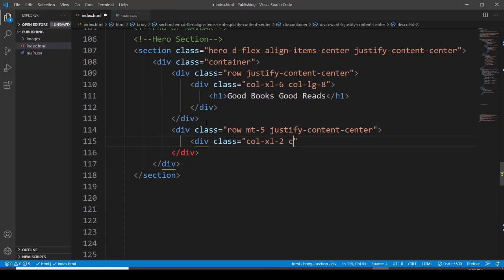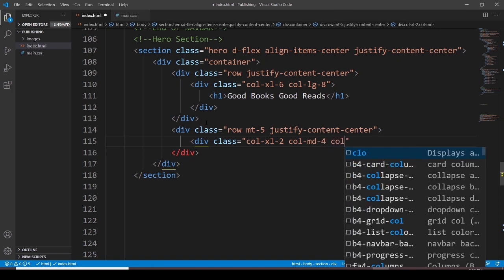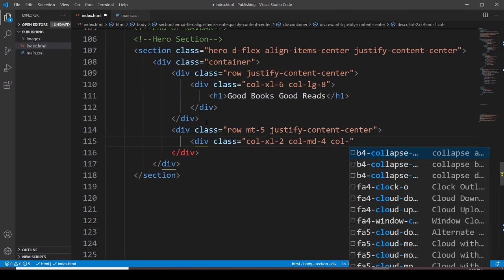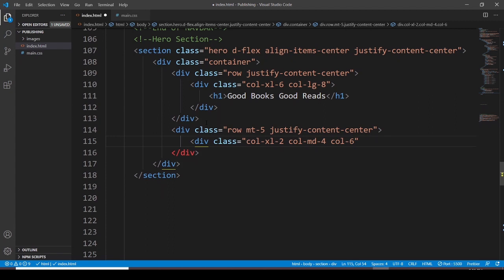Then I would like to go with the col-md-4, and the col-6. Okay, and